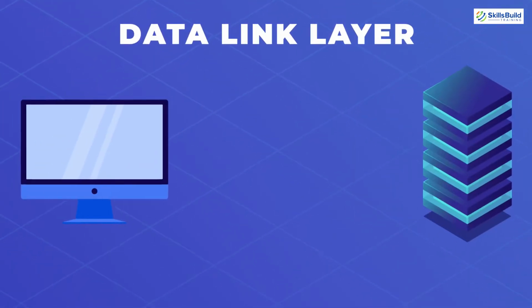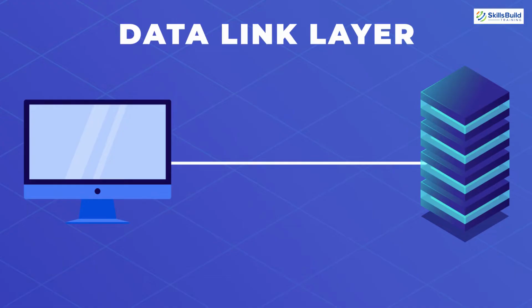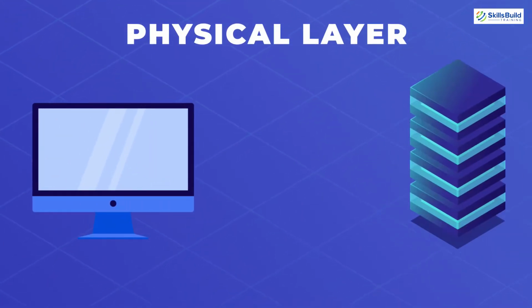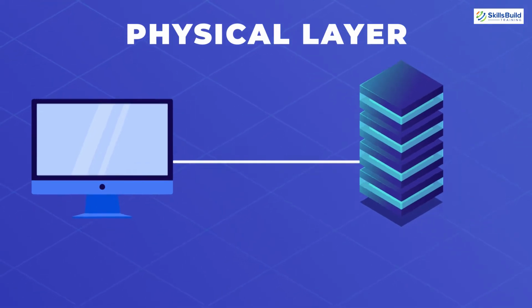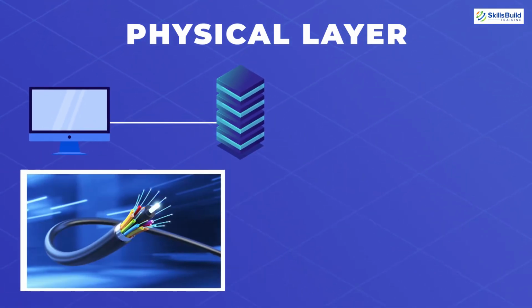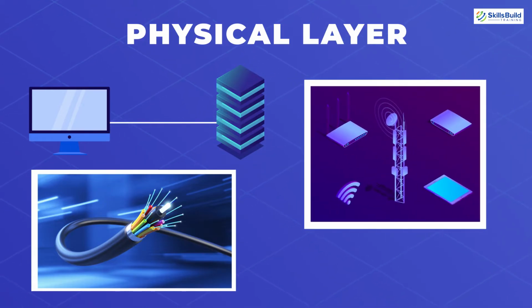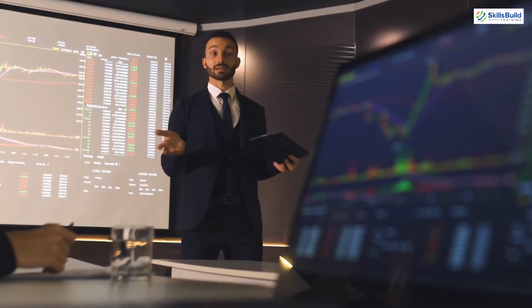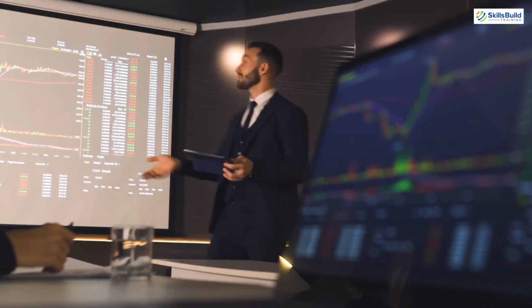The data link layer is responsible for establishing and terminating the connection between the two nodes which are connected physically. The last layer, known as the physical layer, is responsible for the physical connection between the network nodes, and it can be through physical cables or through a wireless network. In modern day internet, both means of connection are used. So that was all about the OSI model, and if you want to understand how it works in more detail, please let us know. We will make a brief video on that.